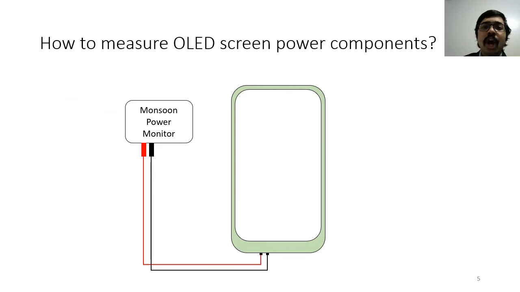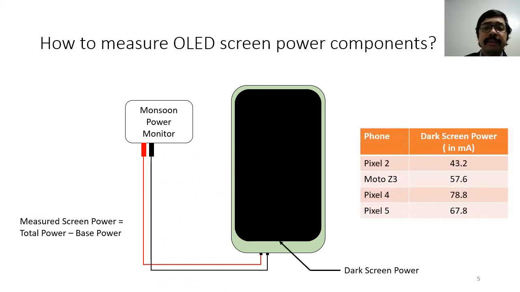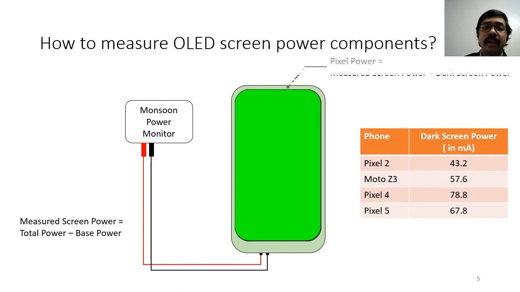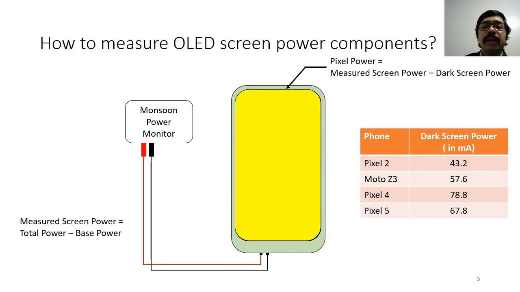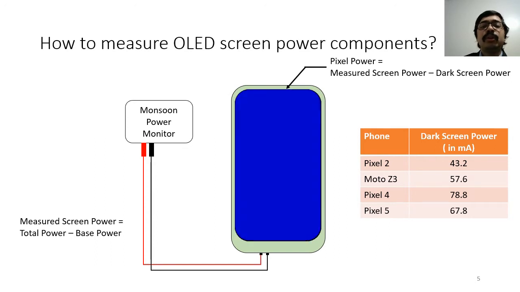For accurate measurement of the total phone power, we use the Monster Power Monitor. To measure the dark screen power and the pixel power consumed, we create a simple low overhead Android app to simulate the screen conditions. To remove the overhead, we ran the app after acquiring the wake clock with the display turned off. We measured the total phone power consumed, which we call the base power. Then, for the dark screen power measurement, we turn on the display and display the dark screen with all the pixels set to 0. To obtain the pixel power, we displayed color images and subtracted the base power and the dark screen power from the total phone power.